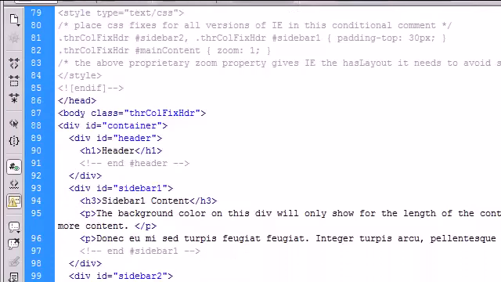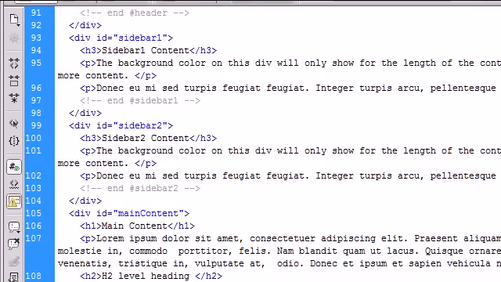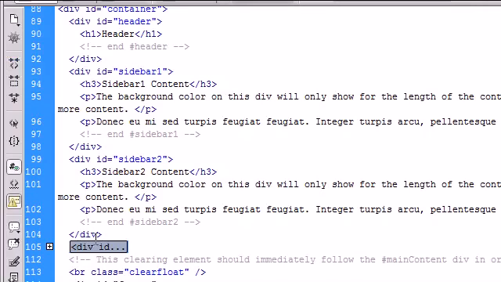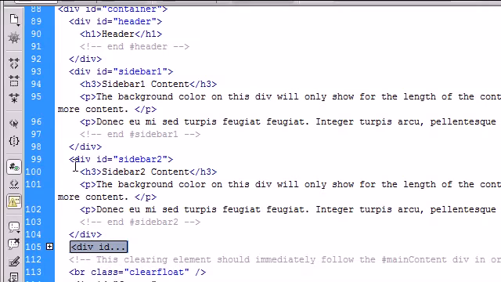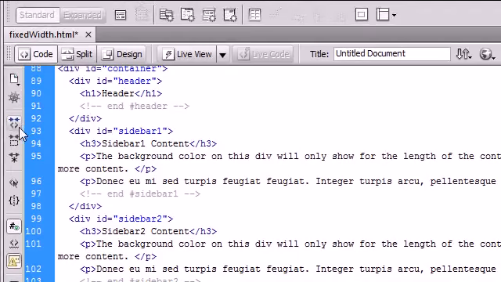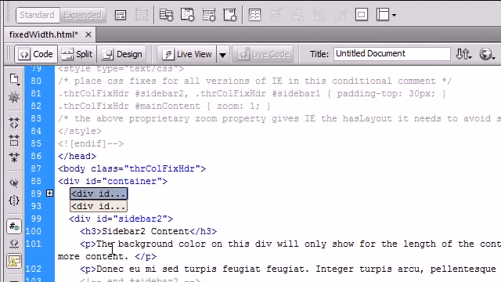That is useful whenever you have a lot of div tags or a lot of different elements in your code and you don't want to see them all at once. You can go over here and we'll click on the main content div and say collapse full tag, and as you can see, it completely collapsed that whole div tag. So if you just want to look at one div tag, you can get rid of all these other ones here by using the collapse full tag, and that allows you to focus in your code on